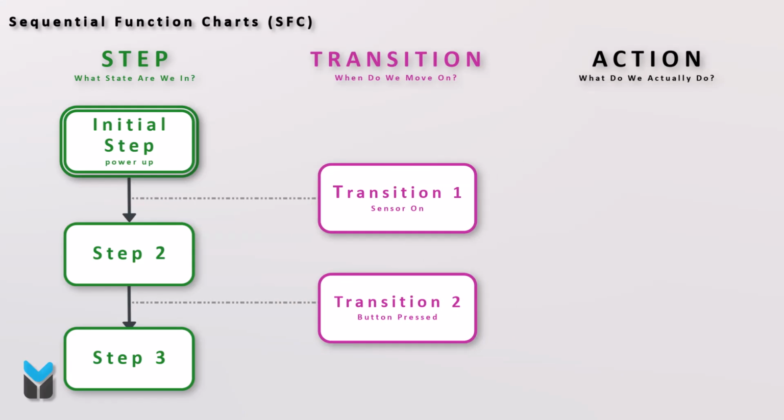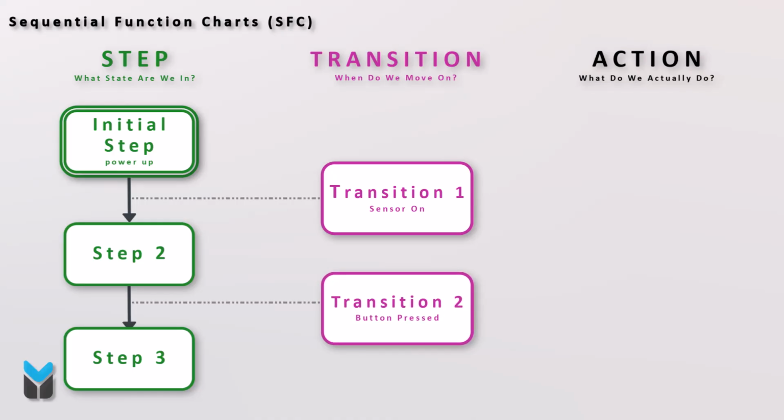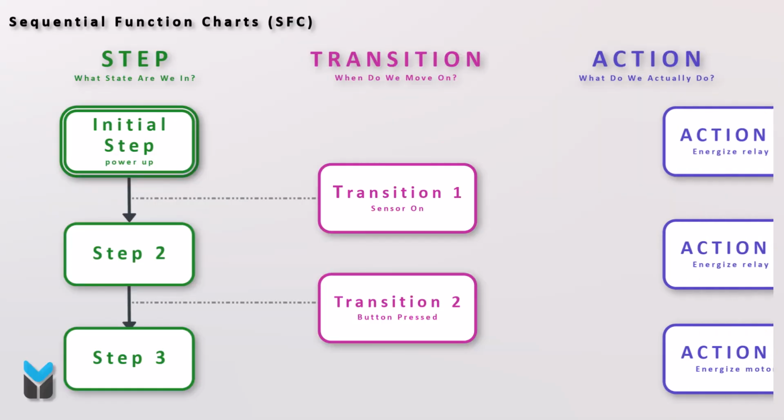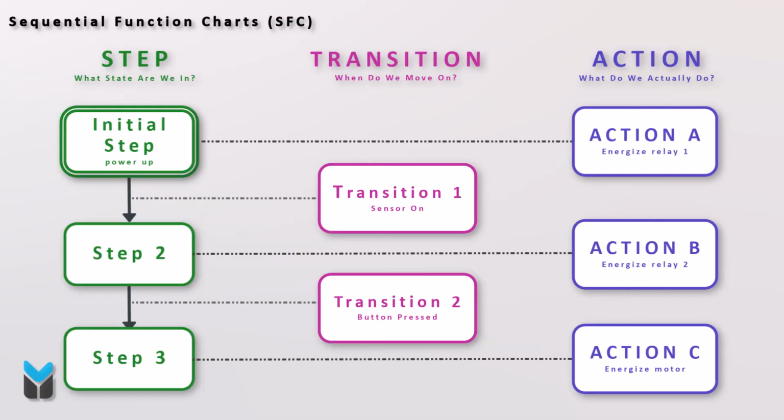These act like gatekeepers between steps. Each transition contains a condition, such as a sensor activating or a push button being pressed. The sequence cannot move forward until that condition becomes true. Finally, we have actions. The steps themselves do not directly control hardware. Instead, when a step becomes active, it executes its assigned actions, such as energizing relays, starting motors, activating cylinders, or